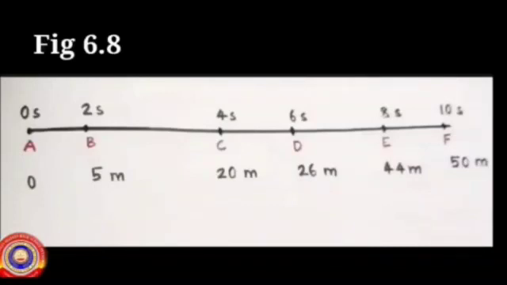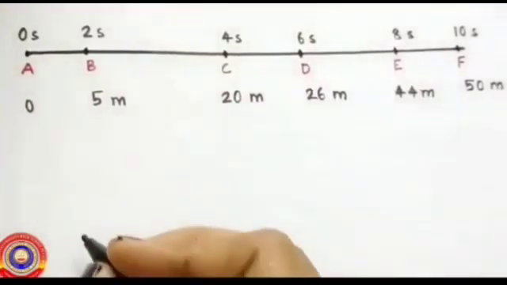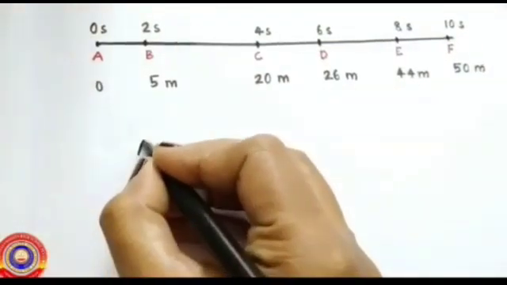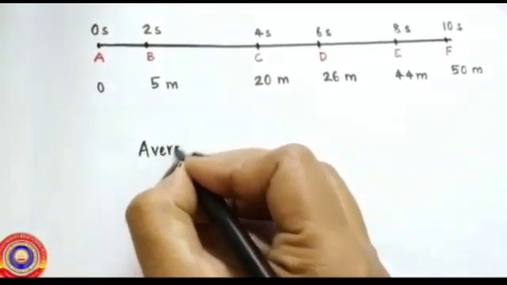Look at this figure. This figure is familiar to you. The same figure that we used to find out the speed at each point. And understand that the motion is non-uniform. Here, in every 2 seconds, the body covers unequal distance. So, while calculating the speed at each point, they seem to be non-uniform. In such situation, we find out the average speed. Let's find out the average speed of this car.